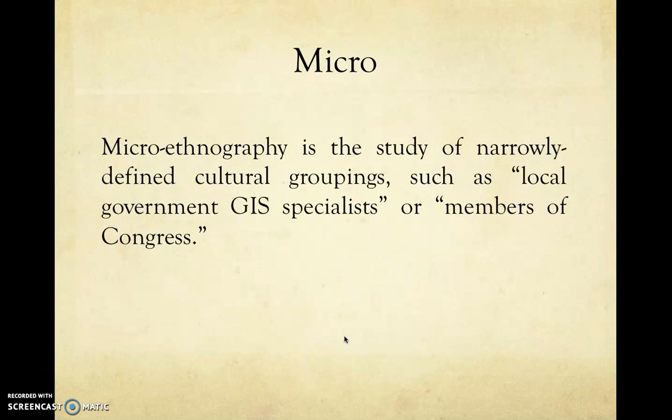And in micro, the researcher takes a narrow culture. Here she can take some members of the local government or some members of a particular party, right? In this case, the data is narrow, from which he or she can gather the information from the narrow culture, narrow community.